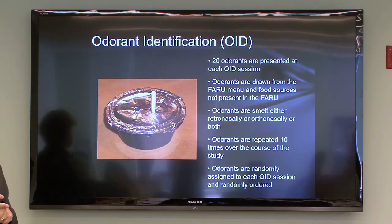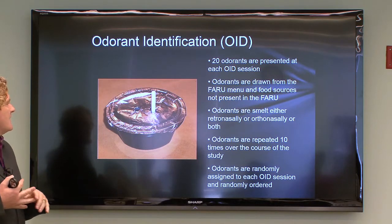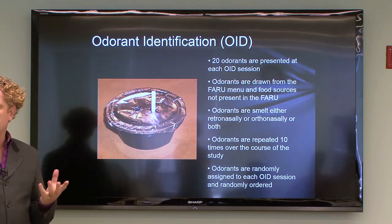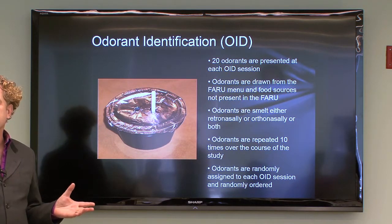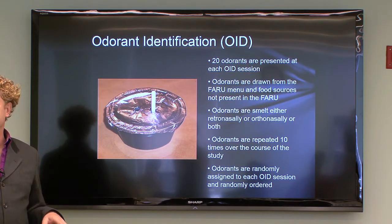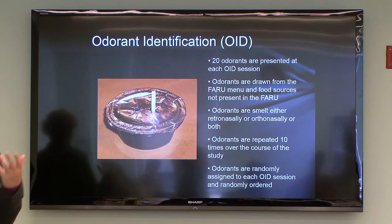Okay, so we also tested them for smell, and this is kind of a fun thing. They like doing this. Every time we did the nasal patency measurements, we also got them to smell 20 different smells. Blinded, they couldn't tell what they were. They didn't know what they were until the end of the study. We got them to smell through the front of the nose, which is kind of normal. It's like the way you're smelling now, just breathing stuff in. But while you're eating,